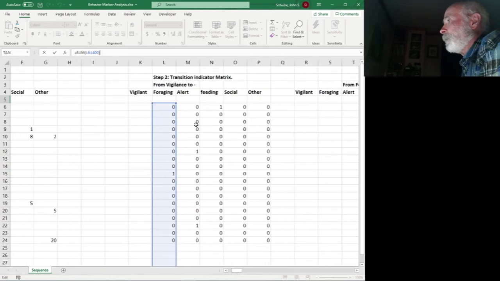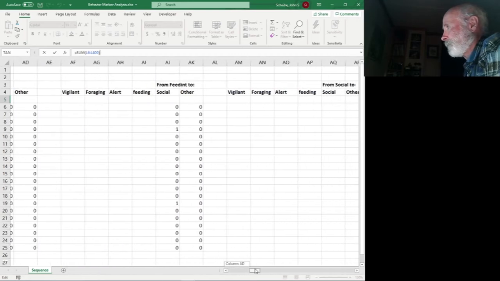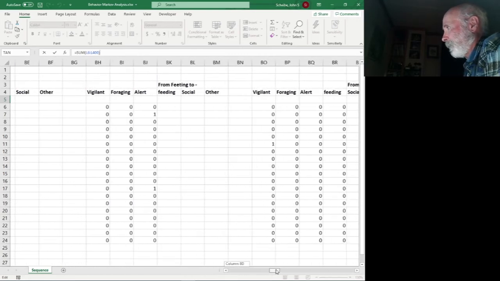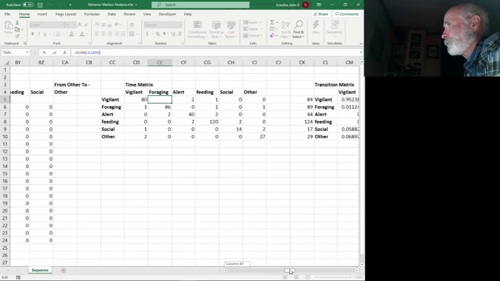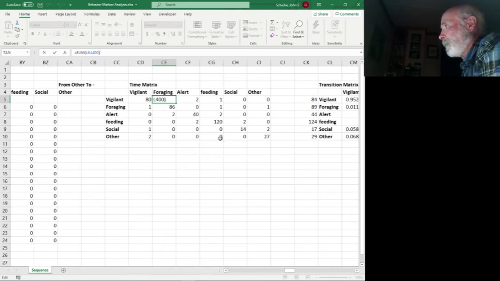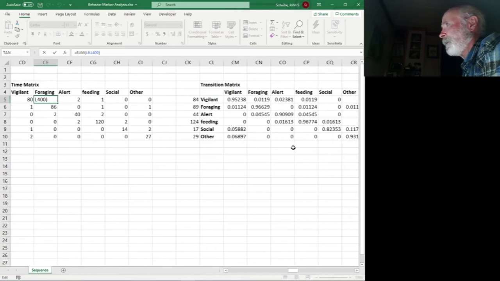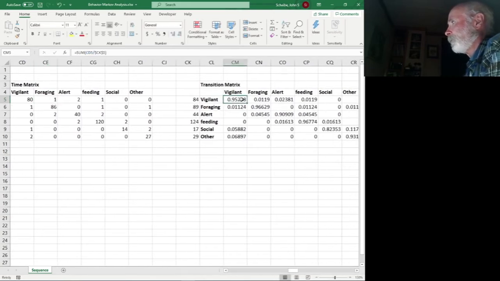There you go. That's in step 2, so I'm summing that, and here you can see this is why I'm saying don't go past 395 observations. If you do, we'll have to change these equations, but I don't think anybody is going to have that many observations. So here's our time and transition matrix, and here I'm actually computing the transition